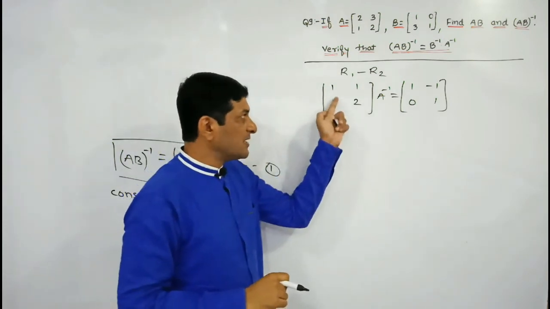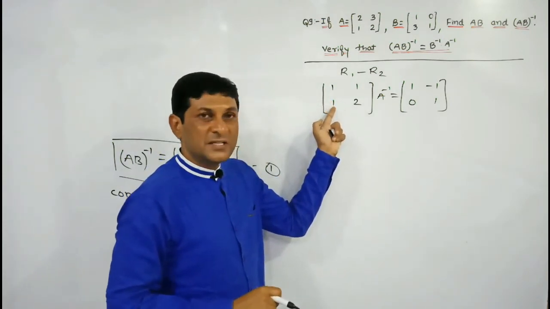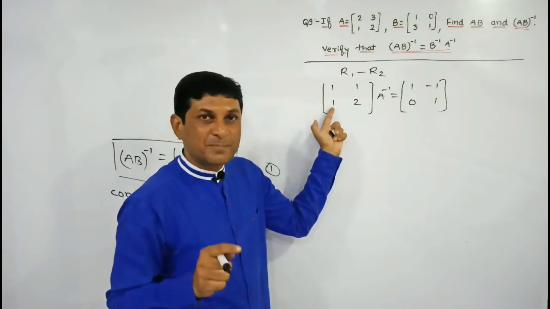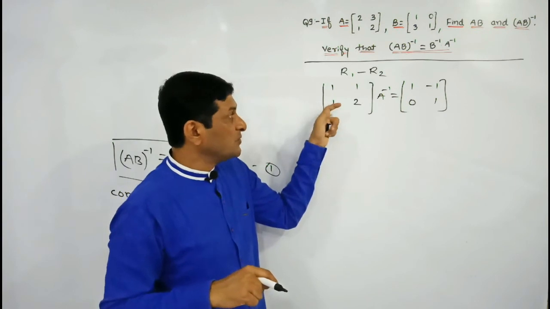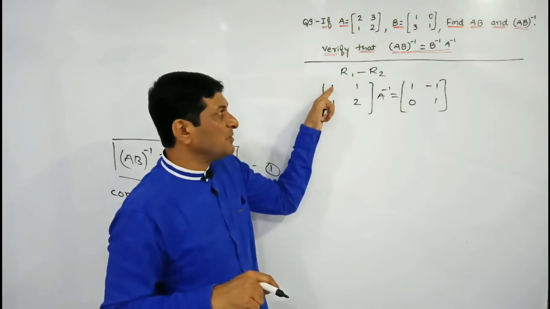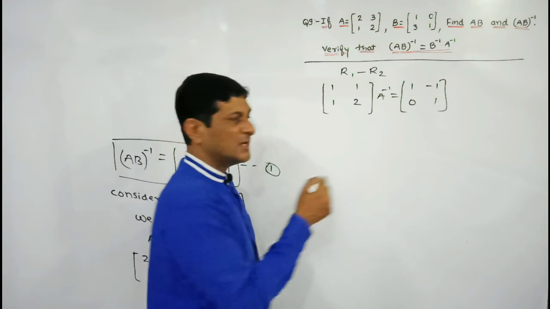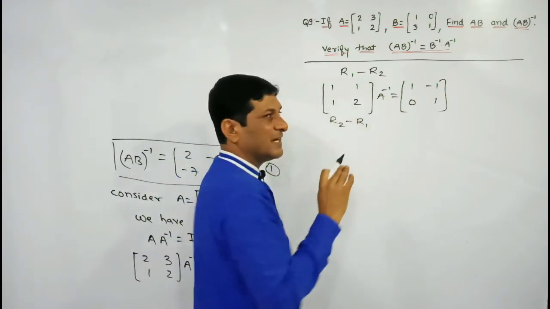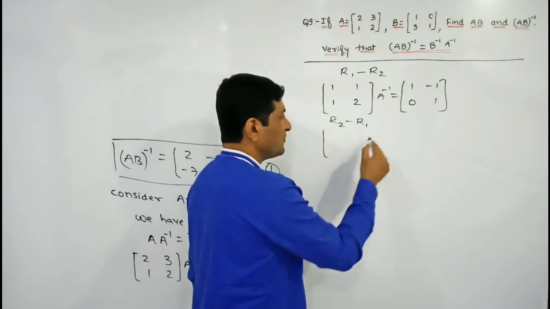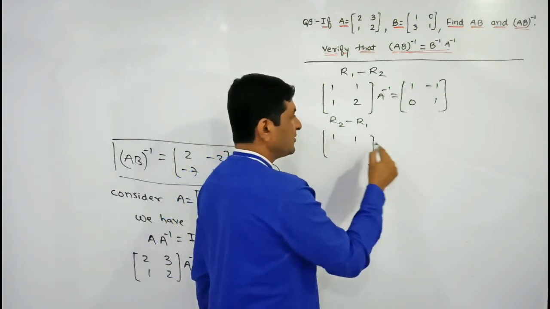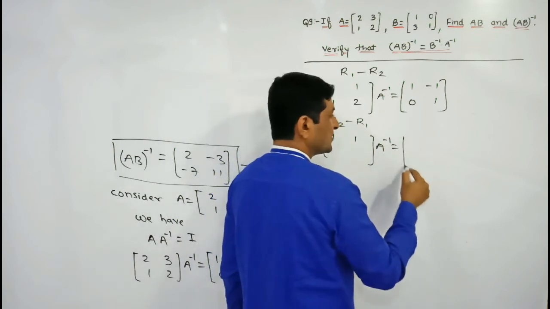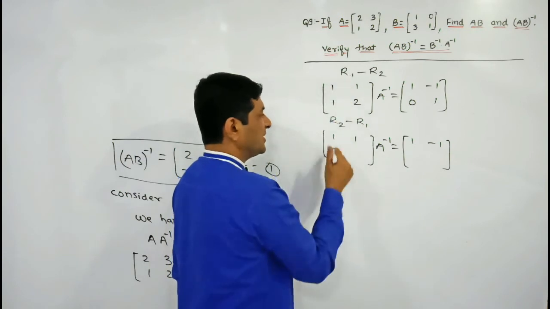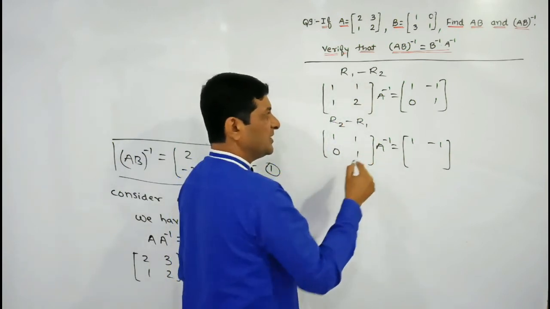Then here we will require what? 0. So to convert this element into 0, we have to subtract 1 from it. Which operation do we have to perform here? R2 minus R1, because 1 minus 1 will become 0. Simply by performing R2 minus R1, here we will get 0. So perform this operation on R2, and keep the elements of R1 as they are. On this side also keep the elements of R1 as they are. So 1 minus 1 is 0 and 2 minus 1 will be equal to 1.